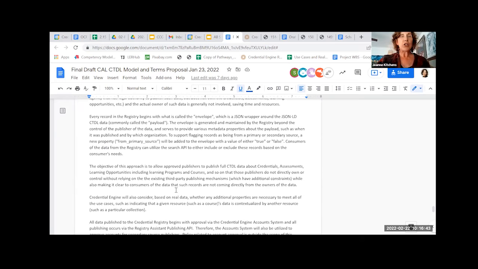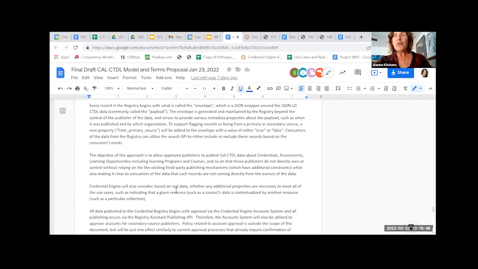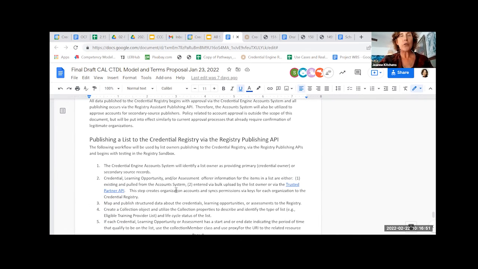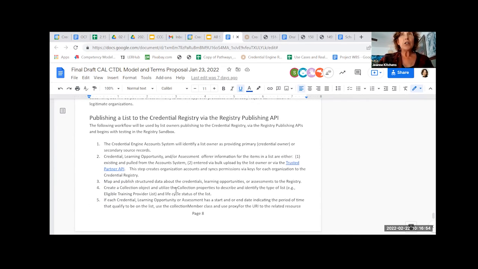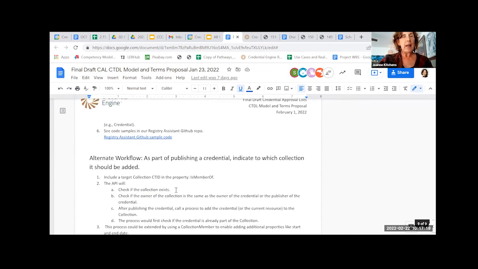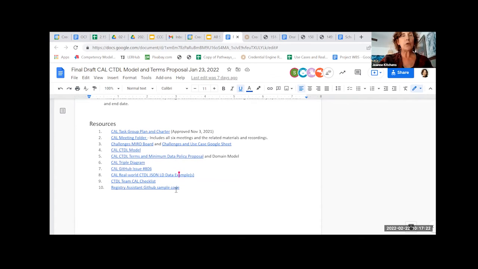What do they change? And the really good news for our partners who have joined today that are with some of those kinds of agencies and organizations that are already publishing to the registry, it really doesn't change what you're doing in terms of being able to publish the data to the registry that you have now. We're just going to now be able to do that in the context of a list, and in particular, in CTDL terms, the collection. So we do get into some information down here about that as well that is of interest to those who are publishing. And that is the last section of the proposal.